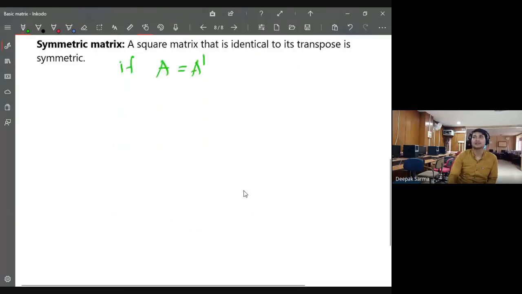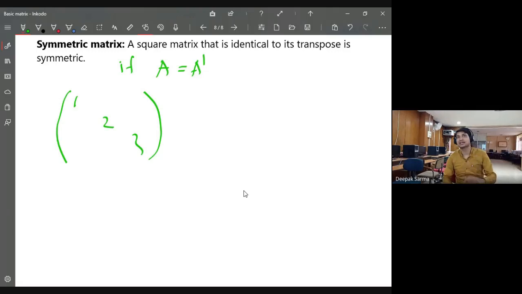Now, can you think of a 3 by 3 matrix which is symmetric? We don't have a problem with the diagonal. You can write any number here. Suppose 1, 2, 3. Because while taking transpose, it will again move to the same place in A transpose. There is no problem. Suppose I choose some other number, suppose 4 here. If I write 4 here and I want the matrix to be symmetric, do you see what will happen?